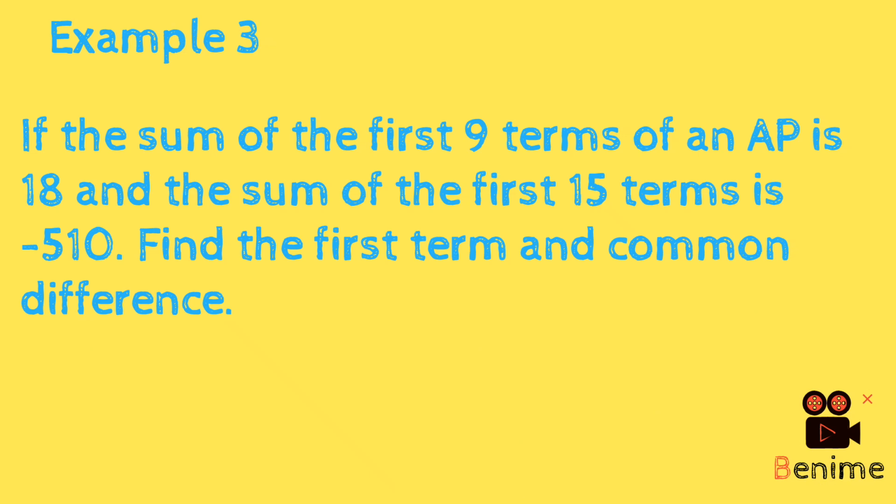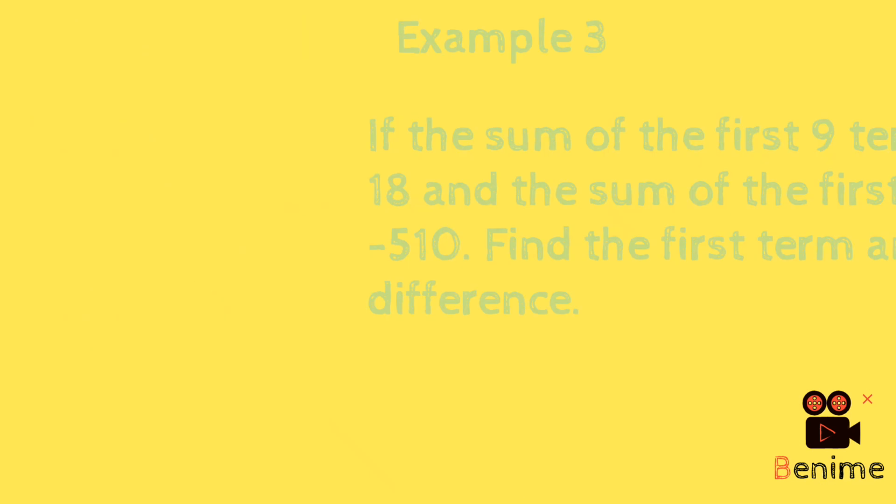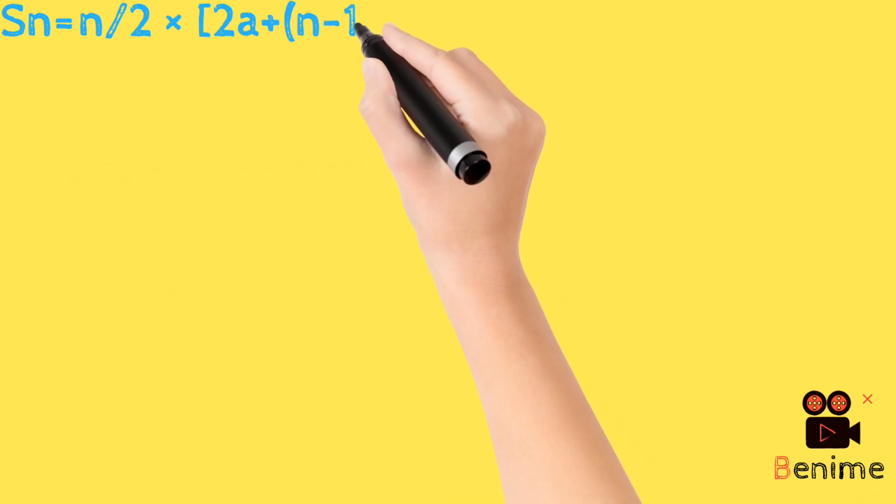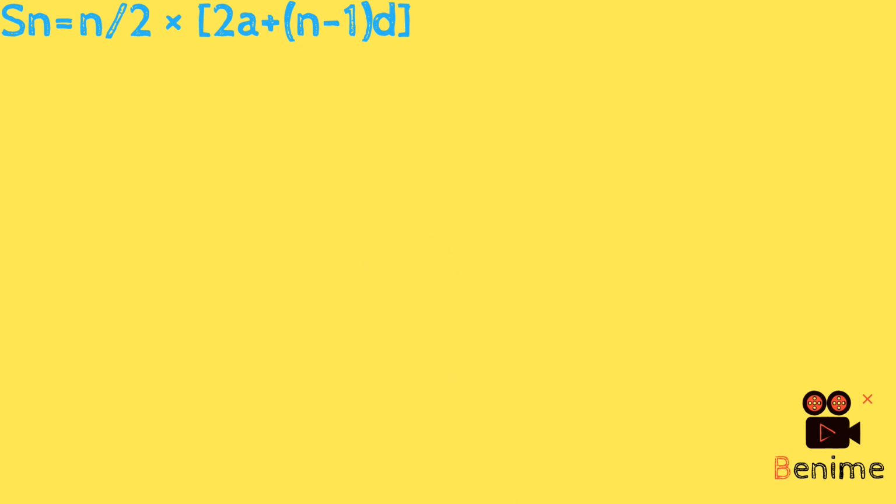So now we're given the sum of the first 9 terms to be 18. I'm also given the sum of the first 15 terms to be minus 510. And we're asked to find the first term and the common difference. So using the second formula for the sum of an AP, that's Sn is equal to n over 2 open bracket 2a plus open bracket n minus 1 close bracket d close bracket, the formula that requires your common difference. Using that formula now,